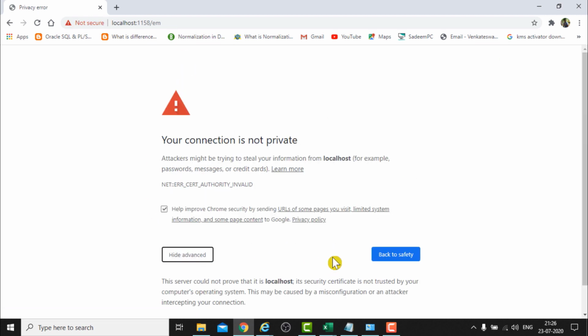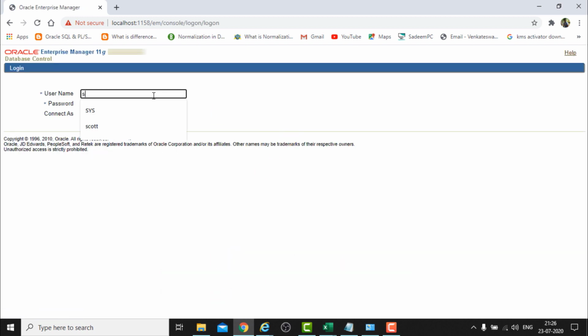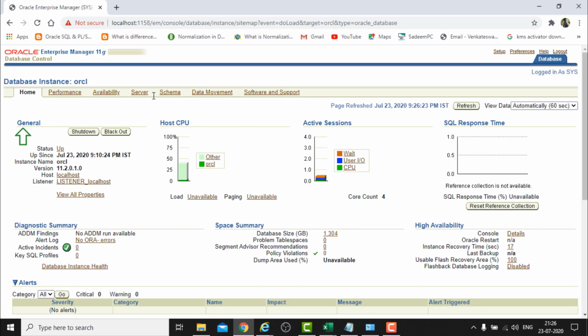Click on advanced, then click on proceed to localhost. Then enter username. I am giving the sys username and password. Then connecting as SYSDBA. Click on login. If it is connected, you can see, if you open like this, status, our database is up and running fine.